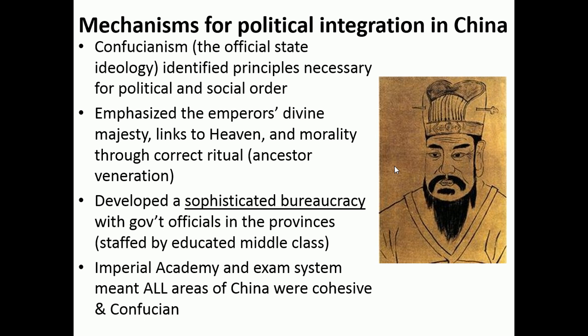And when an emperor was able to follow this moral code and properly venerate the ancestors and give justice to the people of his empire, then heaven would look on his rule with favor, and he would maintain the mandate of heaven, which is a concept that we first talked about when we covered the Zhou dynasty. And it really kind of justifies the dynastic cycle. The idea that one family holds the mandate of heaven helps them stay in power, and when things start to go wrong in China, it's viewed as a sign that that mandate had been lost.